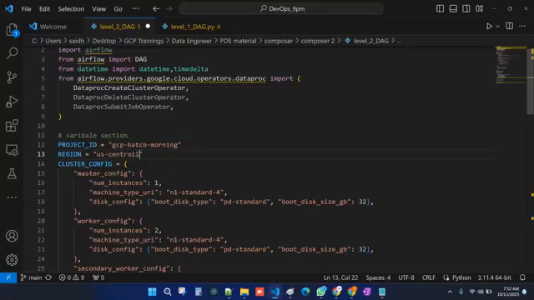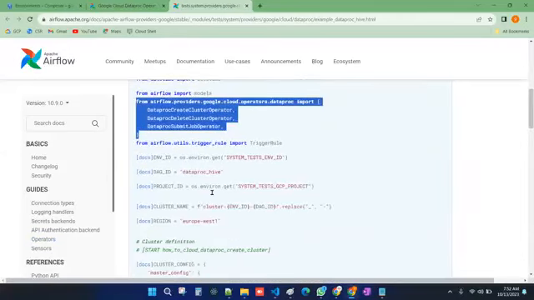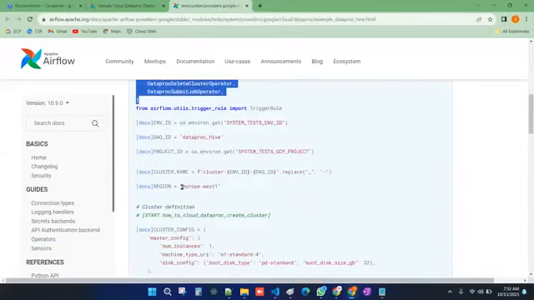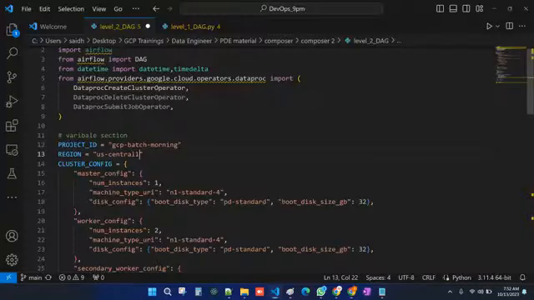US Central 1. Okay, something like any region. You can also see here they might have used some region called Europe West 1. Anything. You can select any region, US Central 1 or Europe West 1. Anything is fine. For now, you can also select the same thing. Or you can mention Europe Central 1, that's also fine. Okay. And after that,